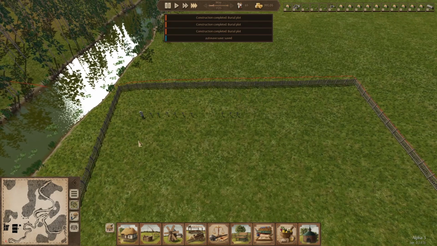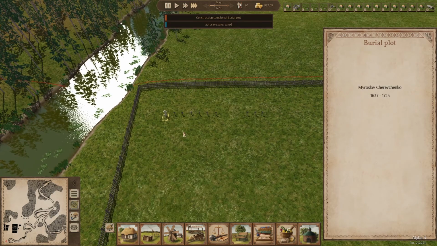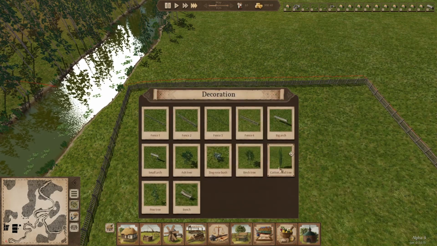So somebody has definitely died, and that means we were able to put on here who they were. Look at that. And when they buried them, they put the year of their birth and the year of their death. That's a pretty nice touch. I like that. So people do die in the game. They just don't die quickly in the game, which I know that sounds really, really tacky, but